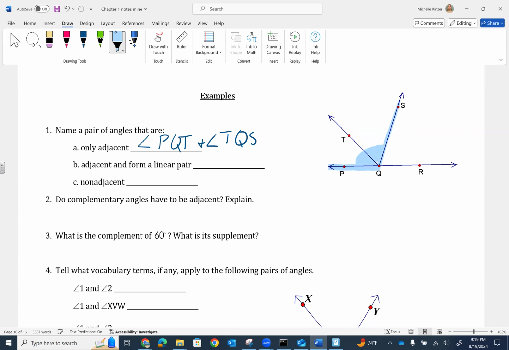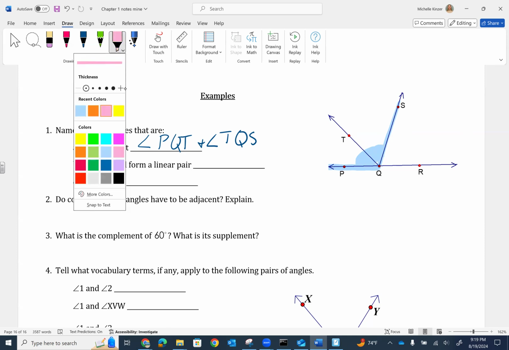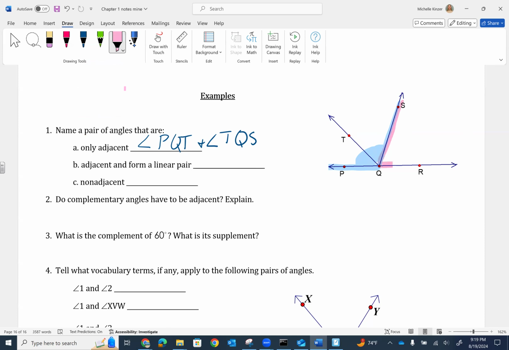There's a couple options of what you could say. And then let's pair it with this angle right here. Do you see how they're adjacent? They have a common side right here, and their vertex is at Q. And they don't overlap. And they definitely make 180 degrees because they have opposite,